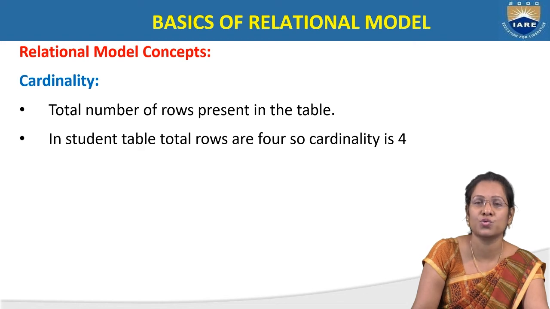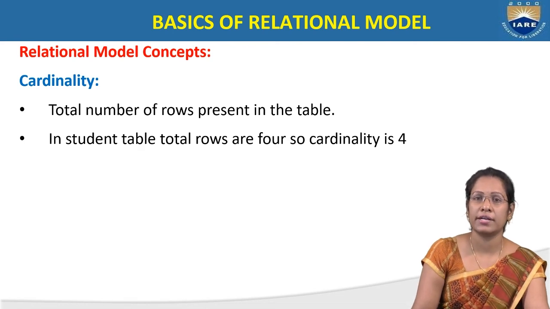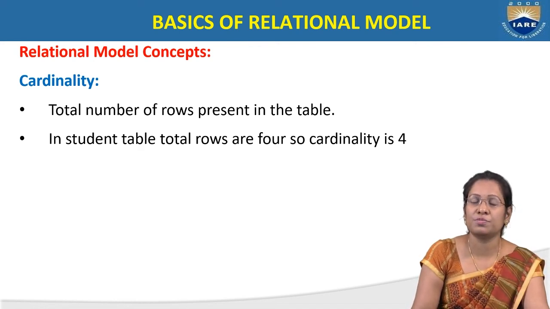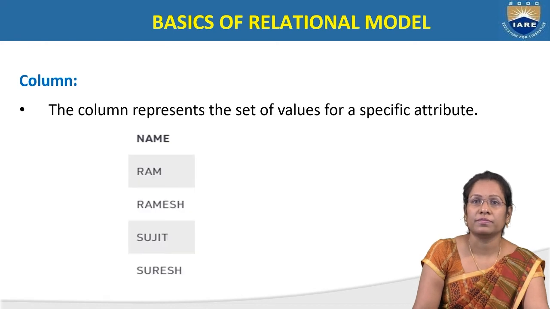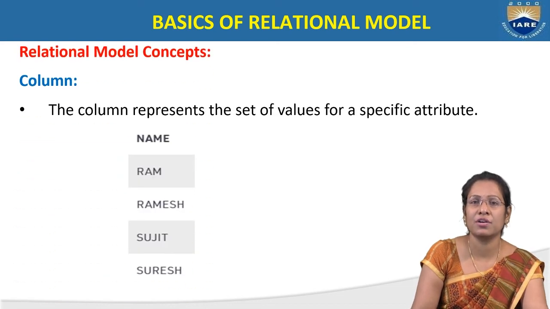Suppose I have a student table with 4 rows, roll numbers 1, 2, 3, 4. I have the corresponding information such as name, address, and so on. So the attribute degree is 4, and depending upon the rows, we can decide the cardinality of the relation. So rows specify the cardinality and attributes specify the degree. The last one is the relational concept.